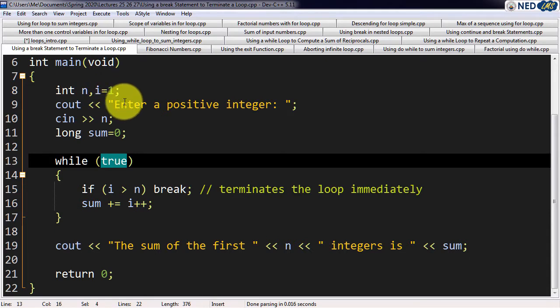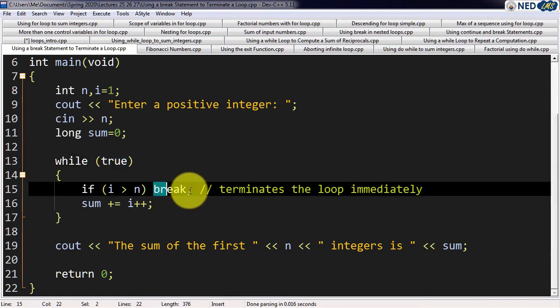This is the same program in which we take the input from the user as a number, and we add the numbers up to that point, and we are saying that the sum of the first whatever integers the user has entered is whatever the sum is. Instead of writing the condition here, which we did in the previous program and discussed in the very beginning of this lecture, we could use this true, which is essentially an infinite loop,